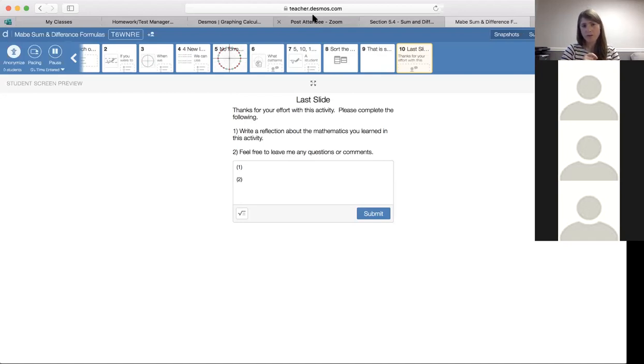The one example you have in your WebAssign is looking at the co-function identities. In other words, taking sine and transforming into cosine, or cosine into sine, and how to use a sum and difference. If we have time, I'll walk you through the WebAssign on that, but just kind of minimal there. In terms of where you could use this, you have one problem in your WebAssign that is